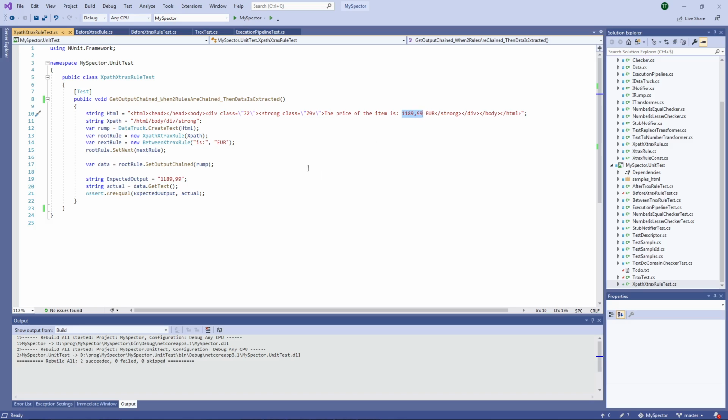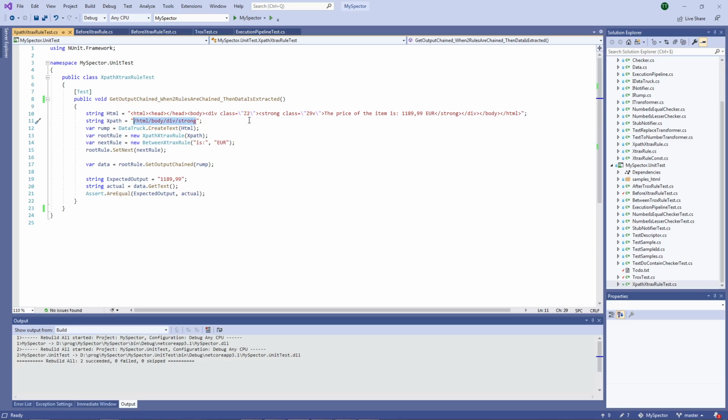So I use two different classes. I will first use the XPath extracts rule, whose goal is to extract the XPath part. The XPath part is referenced here: HTML body div strong. XPath is a way to address, to find a resource in an HTML page.